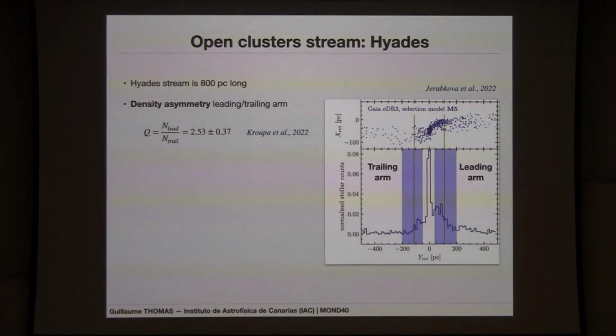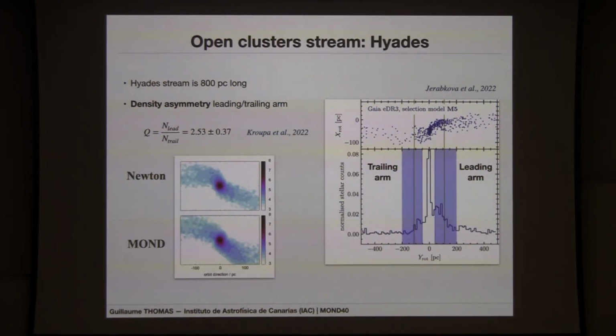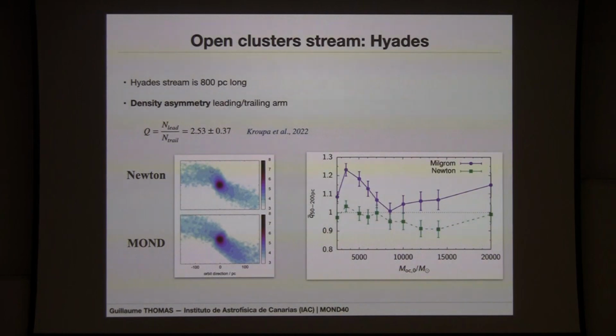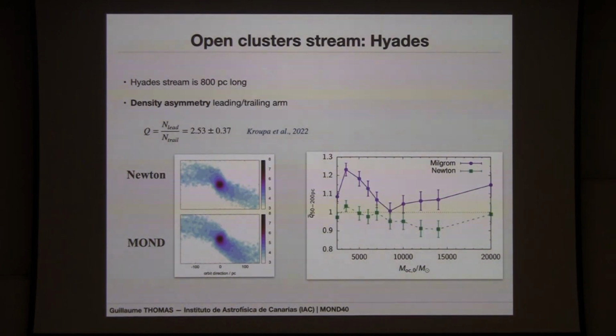Typically you have 2.5 times more stars in that direction, in the area indicated in blue, than in the counterpart in the trailing arm. It is something extremely interesting because in MOND, in that case, it's exactly what you predict. As you can see, when you compare with Newton, you expect something more or less symmetric, whereas in MOND, you have an over-density which is predicted in the leading arm of the streams. And now if you measure the amount of asymmetry that you would expect, you can see that in MOND, depending on the mass of the progenitor, or of the cluster, which again is normal because that will generate the amount of boost that you need, so the amount of asymmetry that you can generate at the end.